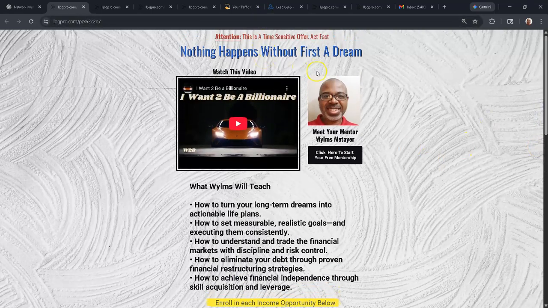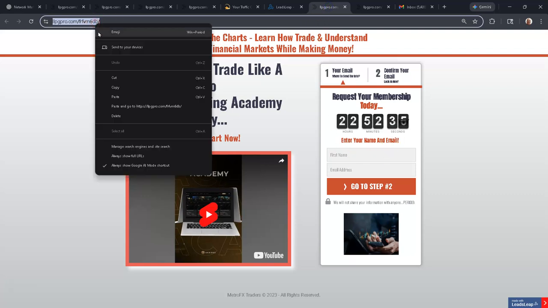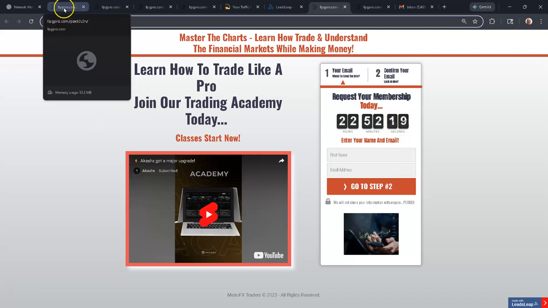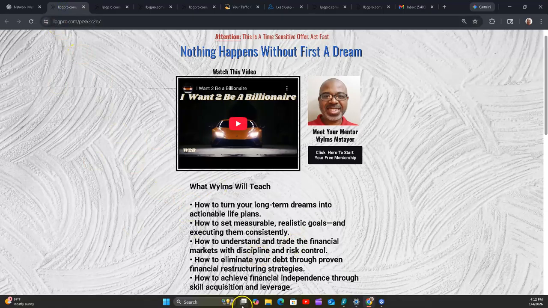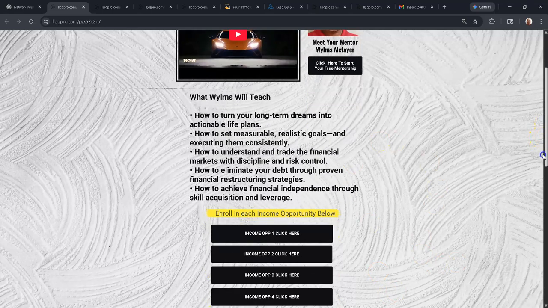Actually, I'll give you the tour. I'll put both lead capture pages in the description below. So you get to take a look at both lead capture pages, and you're going to opt in and take the tour yourself. That way you see exactly how everything is set up. Okay. Once you take that tour, I'm going to email you this link, or I'll put it in the description as well, so that you can go to this link, go to this website,